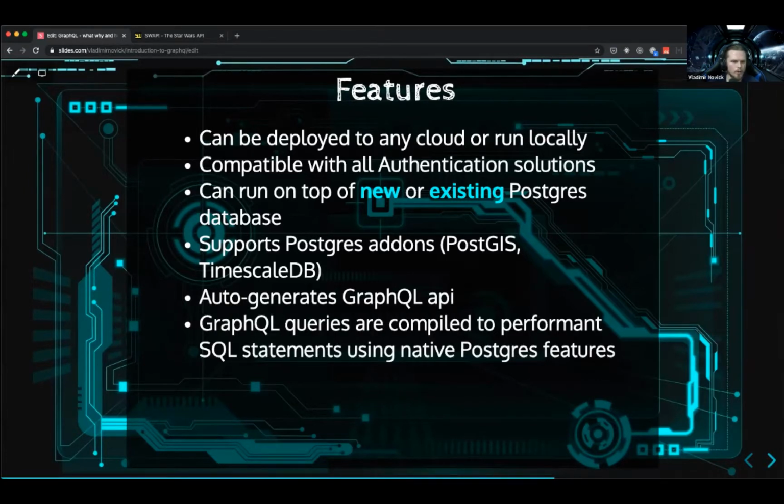Now, this part is kind of cool. The engine is a compiler. It compiles everything to performant SQL statements using Postgres features. So instead of having different resolvers running different SQL statements for every type in your GraphQL schema, it will compile everything, understand the flow you need, and perform a single SQL statement.